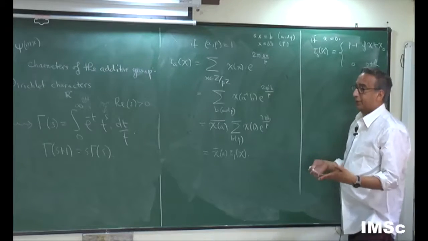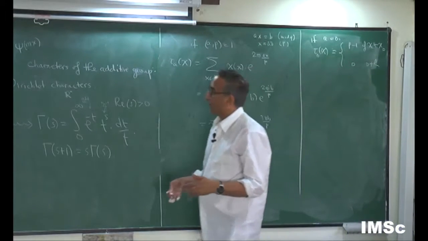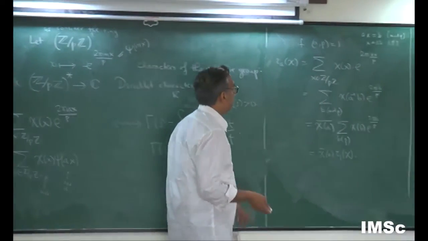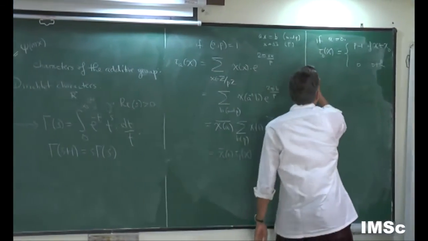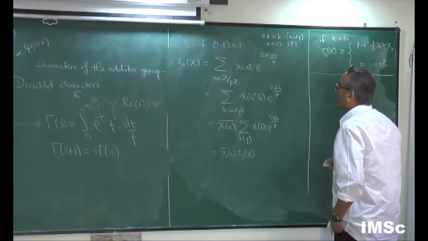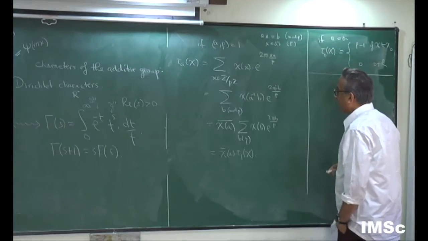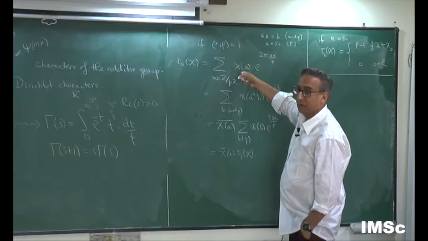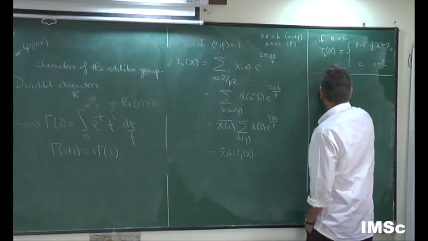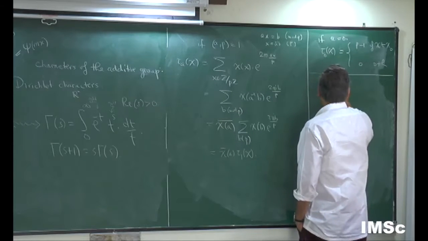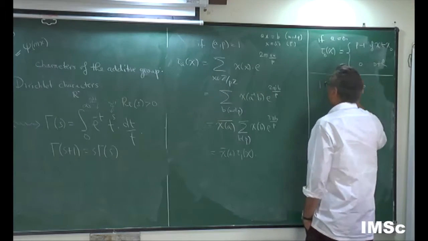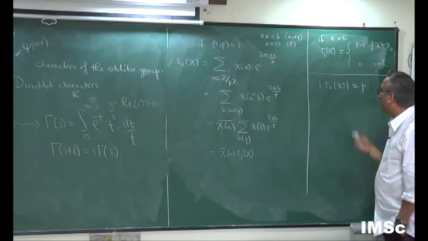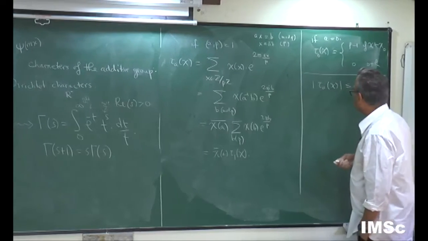So the first thing you'd like to do when you're confronted with a certain sum is ask how big is this silly thing. So let's try and figure that out. Now we will do it cleverly, of course. You could do it stupidly. Stupidly, everything is bounded by 1, therefore it's at most p, maybe p minus 1 because there's a 0. So you have something like this. Can we do better?